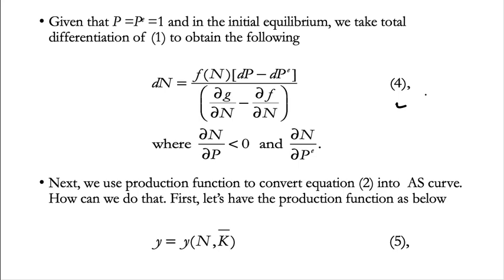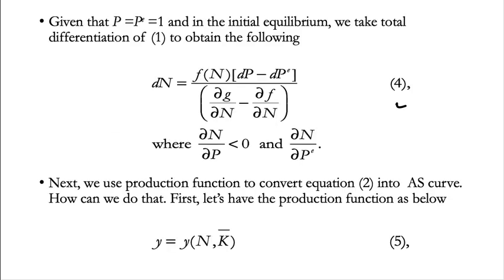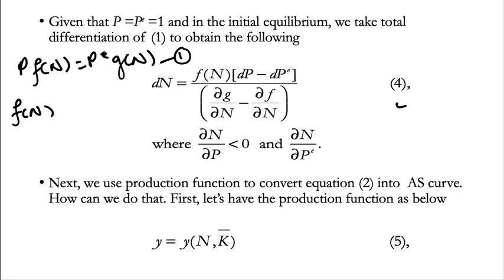So how do we take the total differentiation of 1? Let's go back to expression 1. I write it again here: P times Fn equals PE times Gn. So you totally differentiate this one. When you totally differentiate 1, it becomes Fn dP